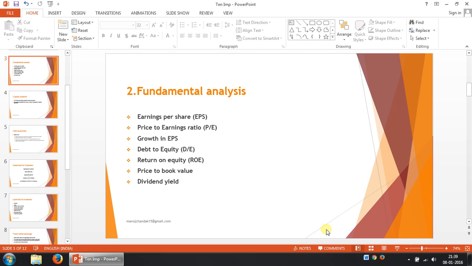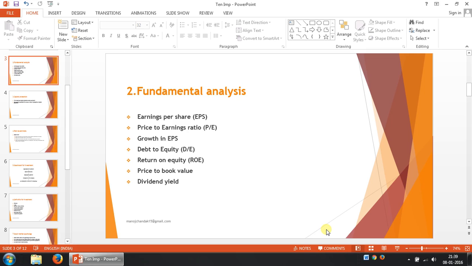So, fundamental analysis basically helps in understanding the health of the company based on the financial statement. This also provides insight in analyzing how effectively management is handling various aspects of the company. Now, we are discussing some of the key ratios and key perspectives from fundamental analysis,